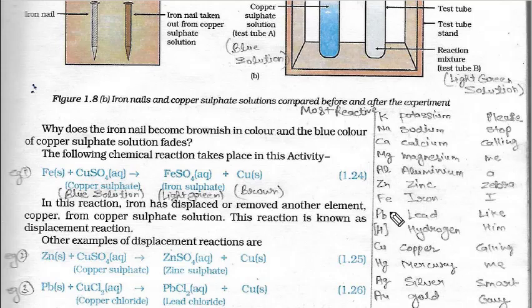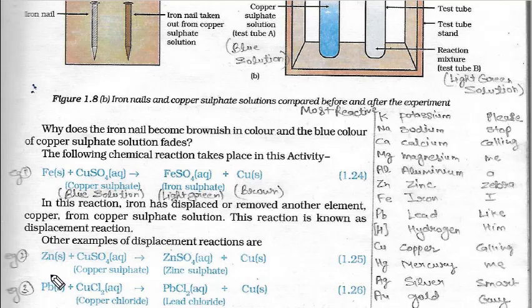Here you can see this is the reactivity or activity series. Here the activity decreases downwards. So always the upper element will displace the lower element, never can the lower element displace the upper element. You can see here this is the series, and by this you can learn this series. Here you can see that they have put a square bracket around the hydrogen. Why? Because all these are metals, but hydrogen is a non-metal. That's why to distinguish the hydrogen they have put a square bracket here.